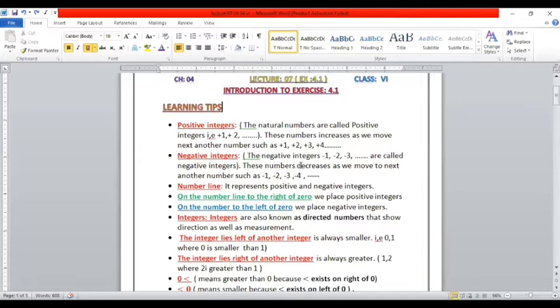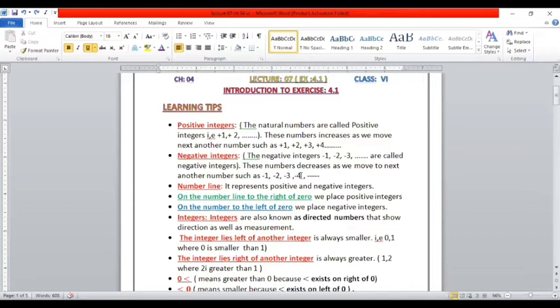Now, these numbers have the property of decreasing as we move to the next number, such as minus 1, minus 2, minus 3, minus 4. Here, as we go, the value of the numbers will decrease. It means that minus 1 is greater than minus 2, minus 2 is greater than minus 3,